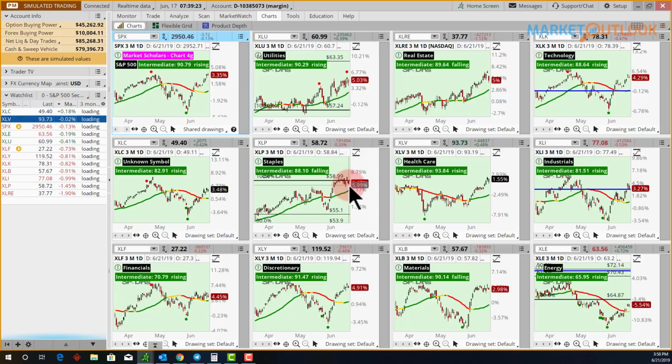But you can see staples, despite the weakness, and for that matter, all these safe havens, are still well up above their moving averages, and their moving averages have been green for a lot longer than any of these others that are just barely turning up. All the intermediate lines are above 50. The energy sector is the only one that's got the weaker intermediate line, but still above 50, and doesn't have